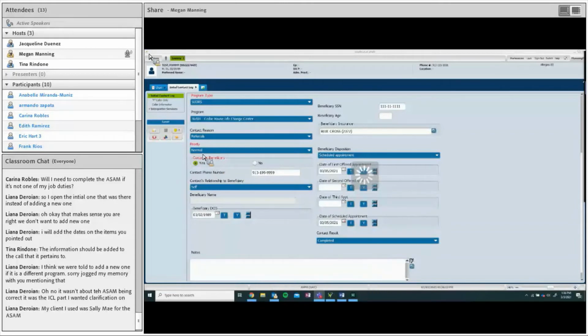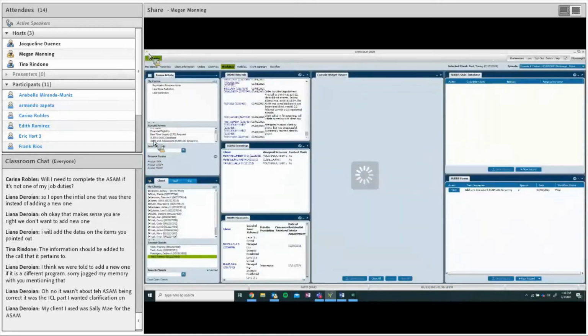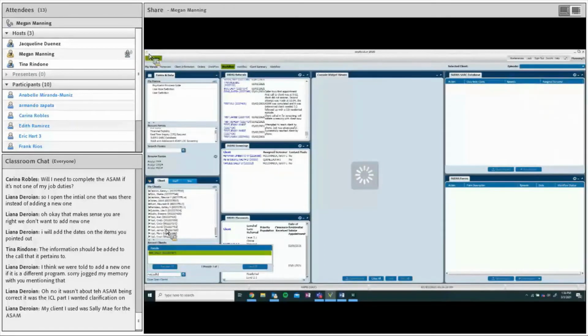Sally May for the ASAM. So this is a good training point as well. I can search my client. I can search Liana's client, Sally May. If I search this client in the My Clients widget,